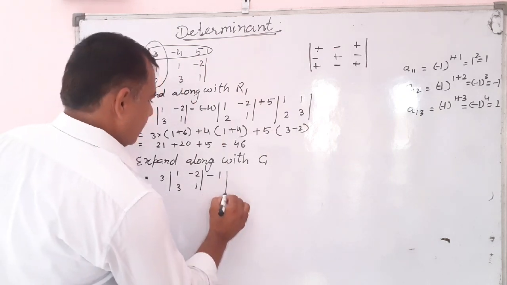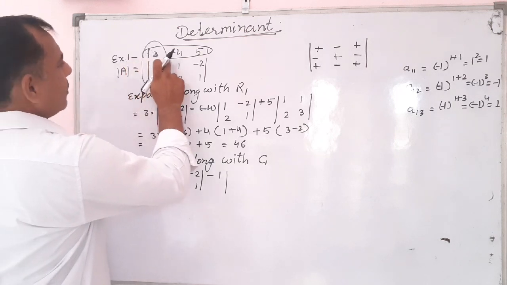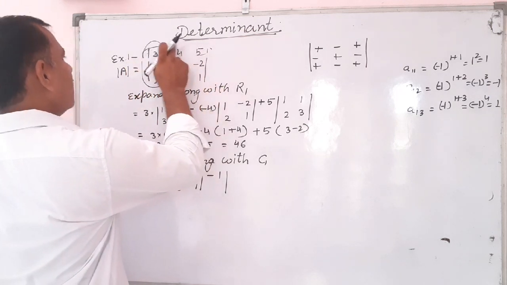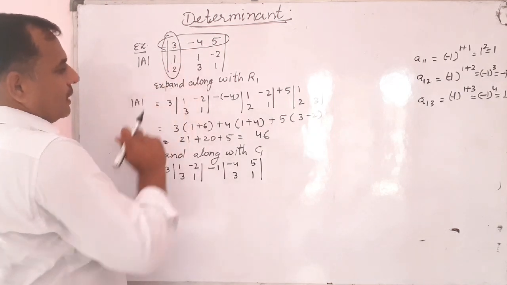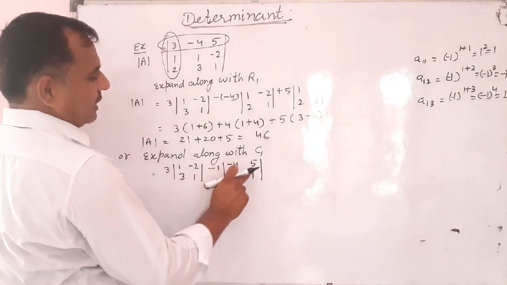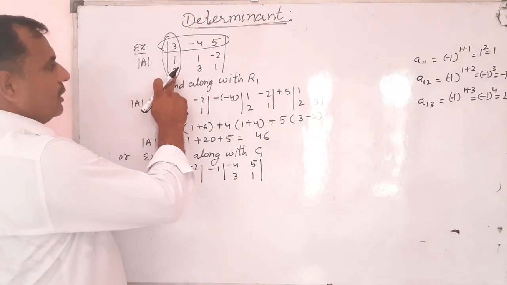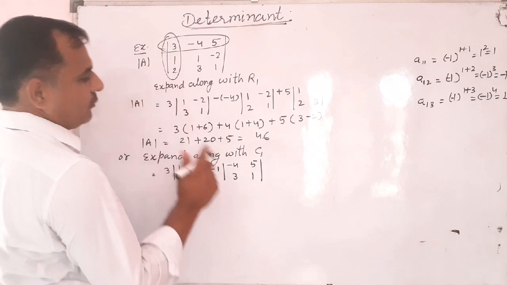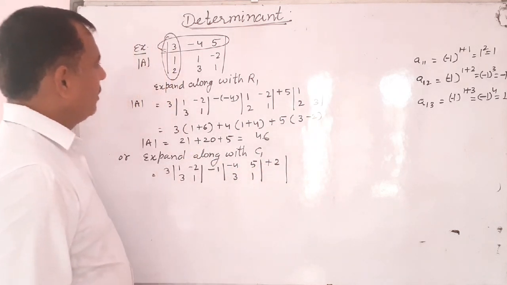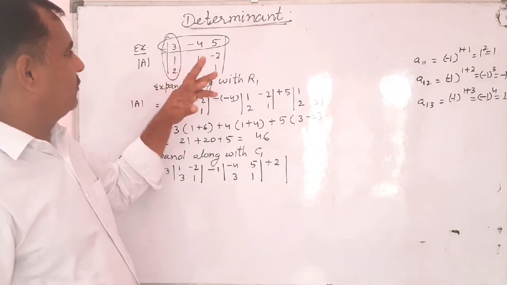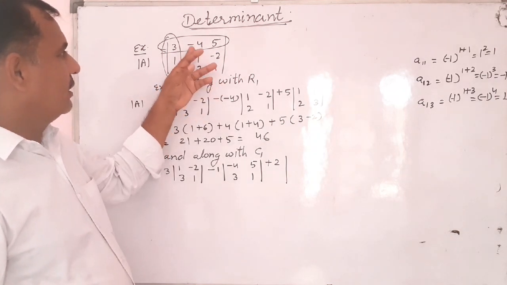Minus 1 and element of the first column and then minus 4, 5, 3 and 1. And third element of the column number 1 is 2, then plus 2, and element of the first column and first row eliminate, third row eliminated, then remaining are